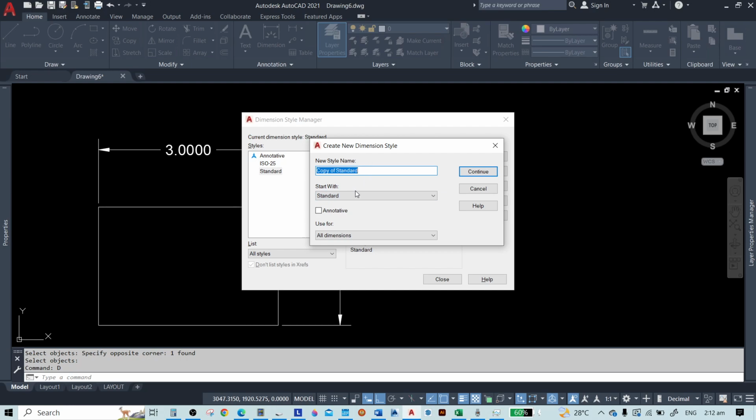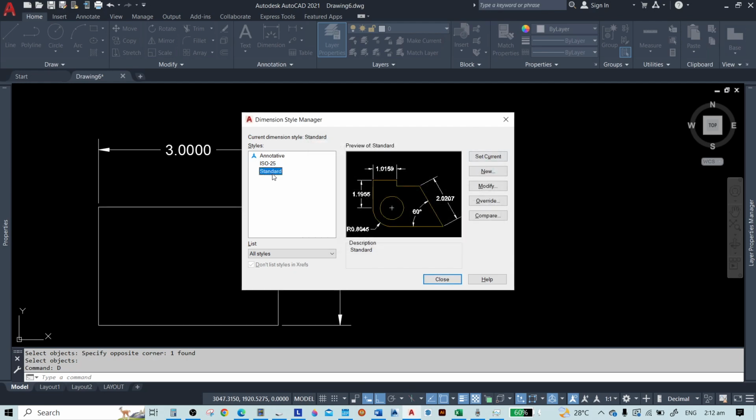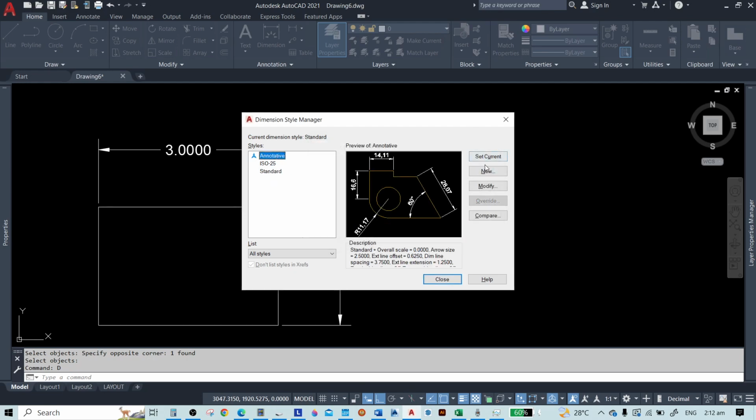But here, when you do a lot of scaling in your drawing, not only one scale, we just make the base for our dimension style the annotative. So instead of selecting the standard, select the annotative.